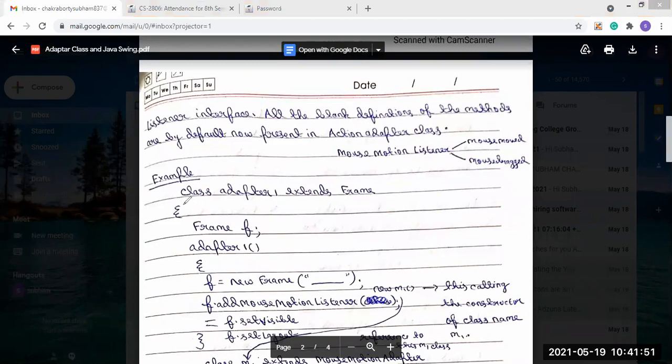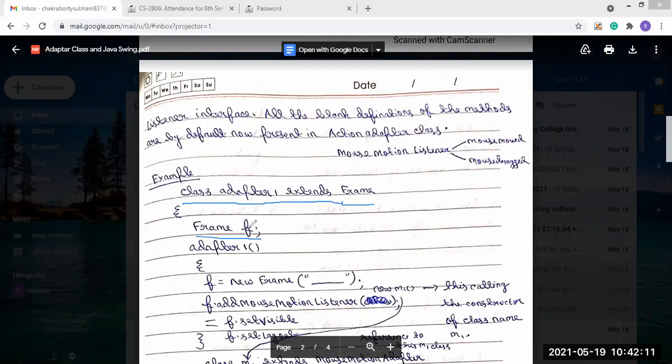Here you can see I have used a user defined class, class adapter one. This is the name of our user defined class, which is extending the frame class. Extending the frame class, we want a frame object to be present.